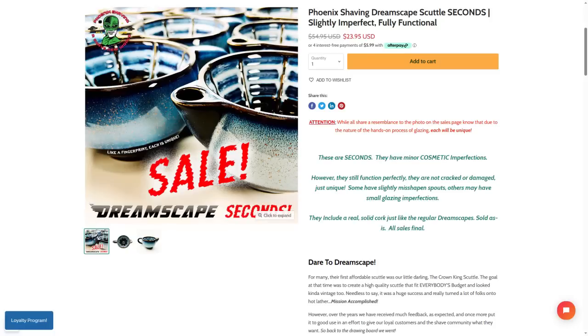And just to remind you what Phoenix Shaving says about these Dreamscape Scuttle seconds, they write, "These are seconds. They have minor cosmetic imperfections. However, they still function perfectly. They are not cracked or damaged, just unique. Some have slightly misshapen spouts. Others may have small glazing imperfections. They include a real solid cork, just like the regular Dreamscapes, sold as is, all sales final. However, you get a big savings. It's a regularly priced item of $54.95, and it's marked down to